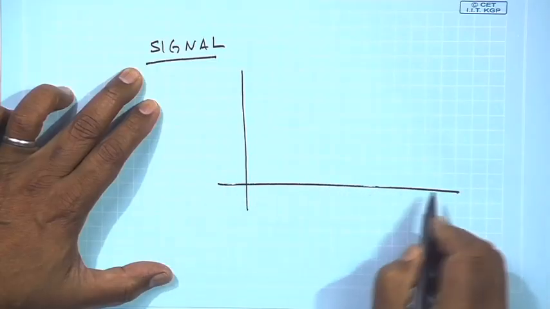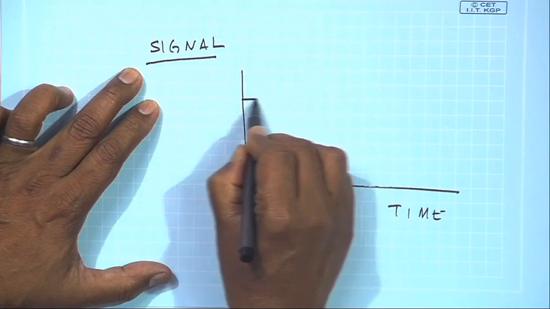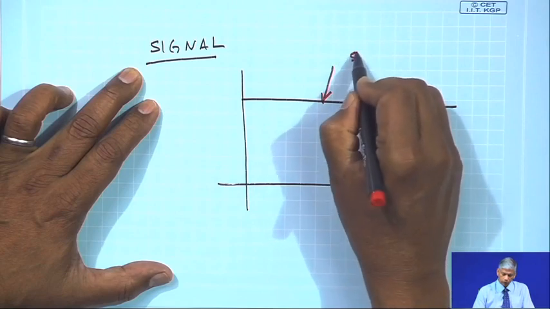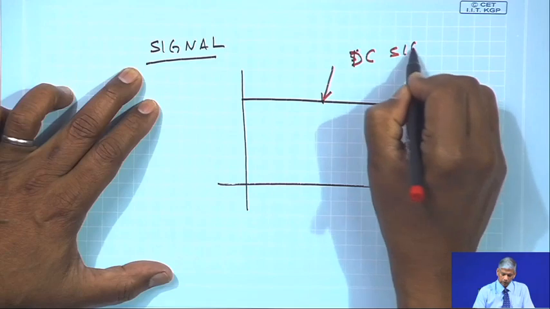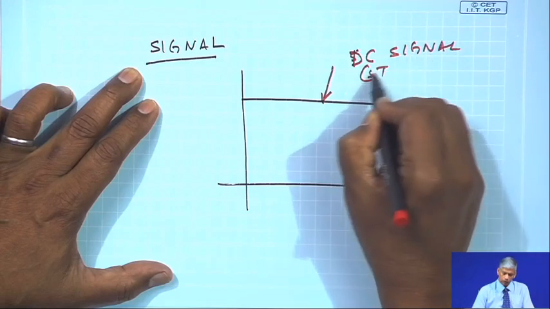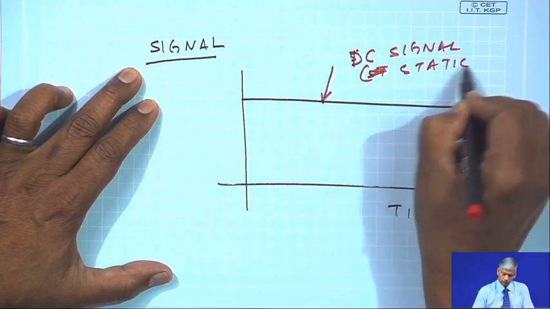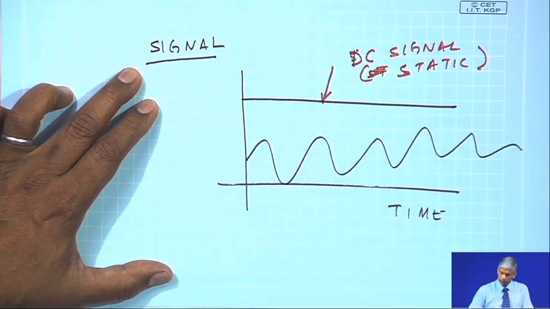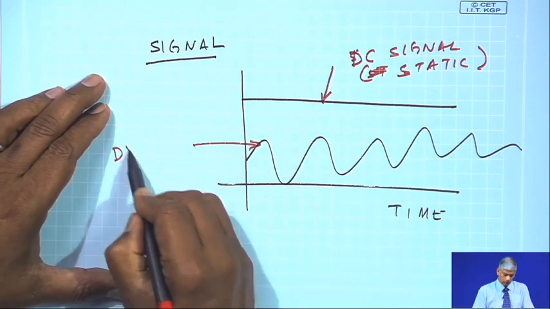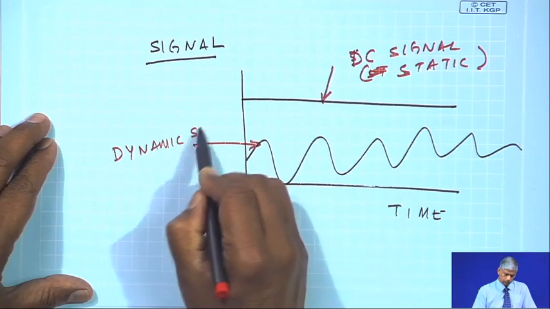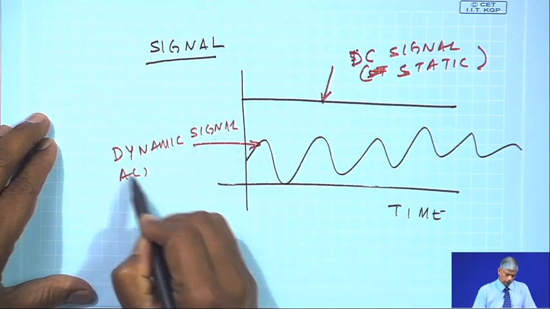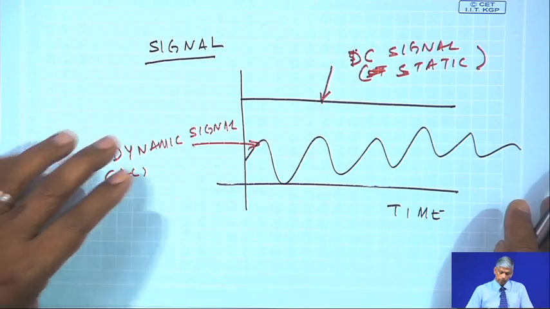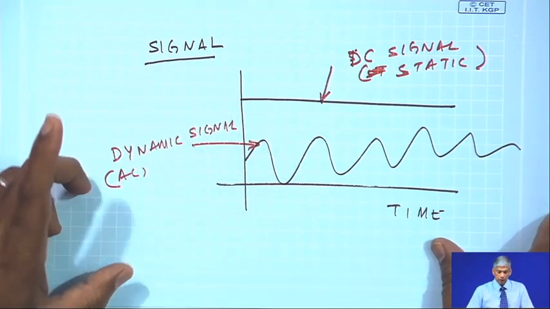So, a signal can be constant over time. Okay. So, this is what is known as a constant, like a DC signal, or what is known as a static signal, as opposed to a signal which is varying with time. This is a dynamic signal or an AC signal, alternating current signal. Okay. So, our objective is to find out the features of this signal, as opposed to another classification I must do at this time,